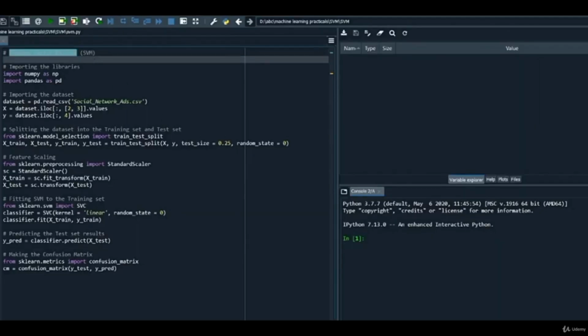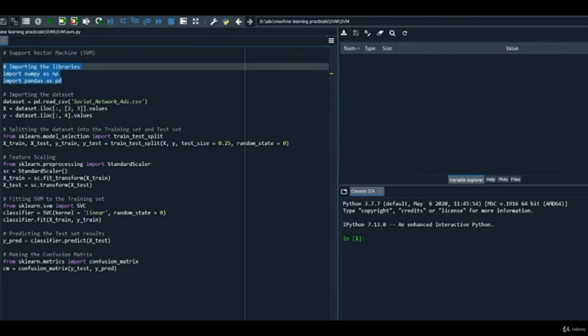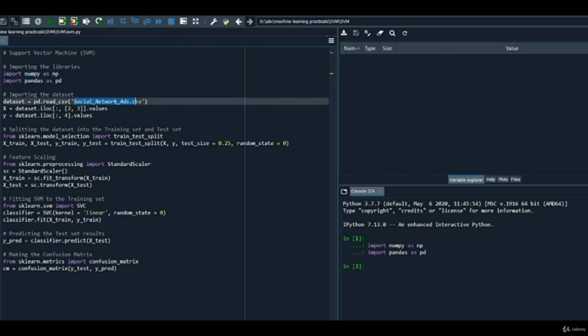Let's start by importing our required libraries, which are NumPy and Pandas. After importing the libraries, let's say we have a dataset, Social_Network_Ads.csv. Using the same dataset, let's create a data frame named dataset using the pandas library's read_csv function, and then we pass the CSV file, our dataset. After that, we used